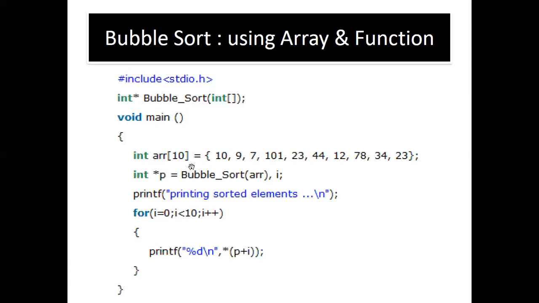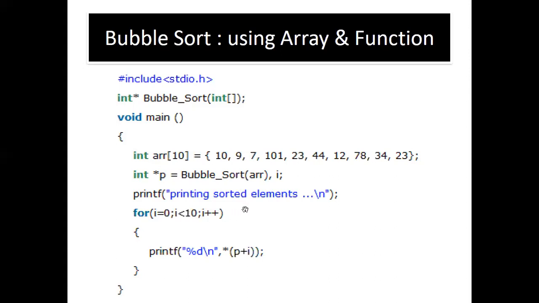Very interesting. On one side, if you write only ARR, which is the name of the array, you are passing the address. So understand this part: you are passing an address. Interestingly, this one is going to return something to this pointer, and a pointer can take only an address. So pass an address, receive an address is an interesting concept which has been explained in this example. Here it is very clear.